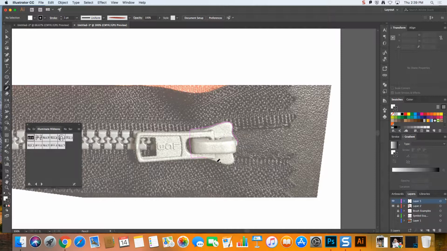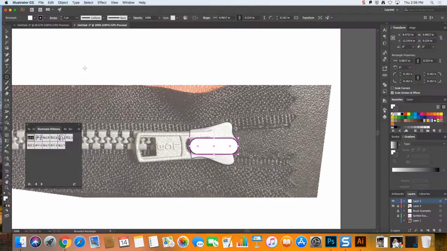You can always come back in and edit them afterwards to get these things more symmetrical. That looks pretty good. We'll give that a fill, and we'll make it a little bit opaque so we can still see what's going on underneath it. So my rounded rectangle tool is going to become this center clasp, and then probably another rounded rectangle is going